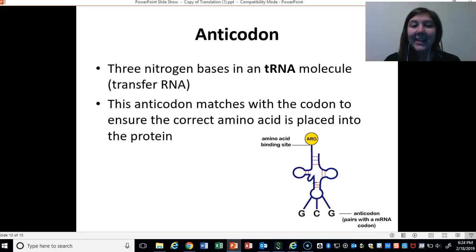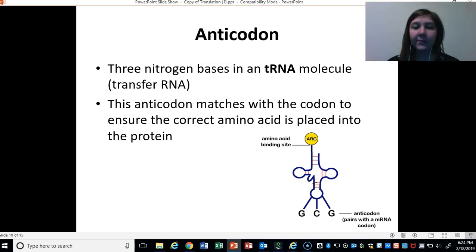Alright, so in this case we are bringing all 3 types of RNA together. We talked about mRNA, which is our messenger, which carries the instructions to build the protein from the DNA. And then we have a tRNA molecule, and T stands for transfer. So this specific type of RNA is going to carry amino acids to the ribosome so that it can build